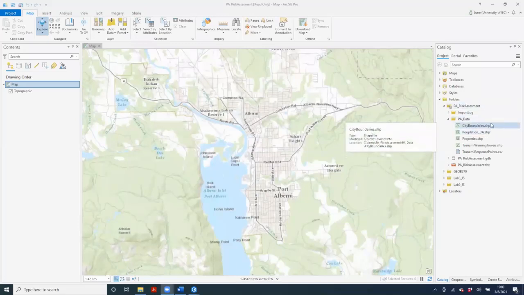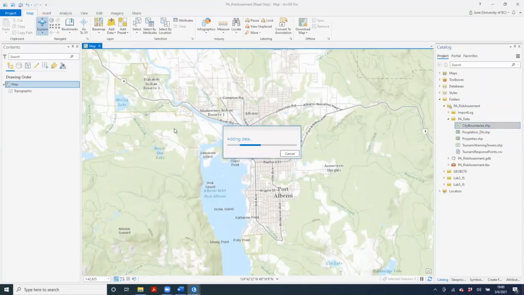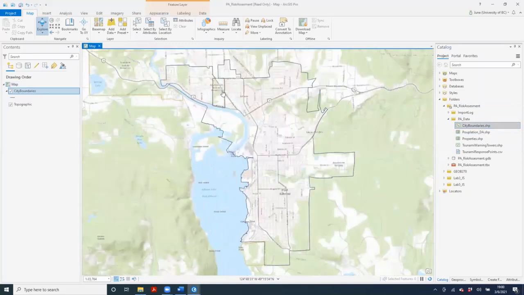All right, so I'm going to add the city boundaries shapefile to the map. This city boundaries layer just demarcates the boundaries of the city of Port Alberni. But this data is just a polyline. It's not a polygon. So you'll see that there's a line representing the outsides of the city, but it's not